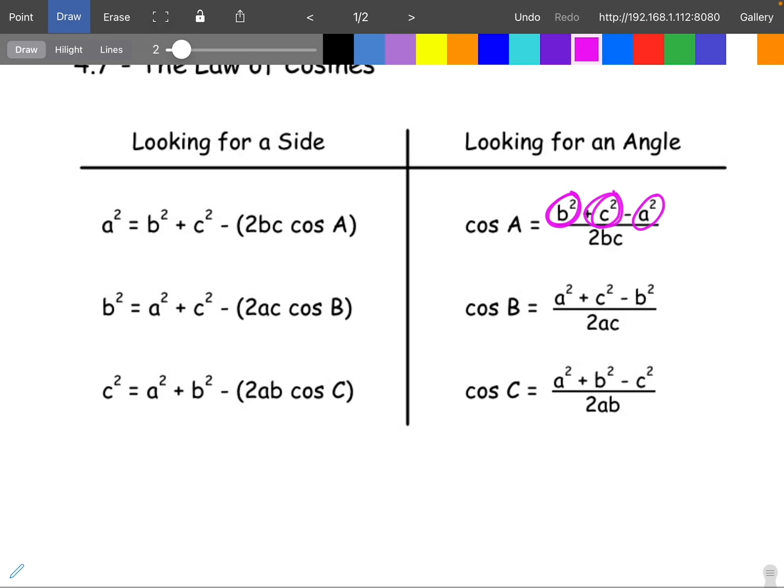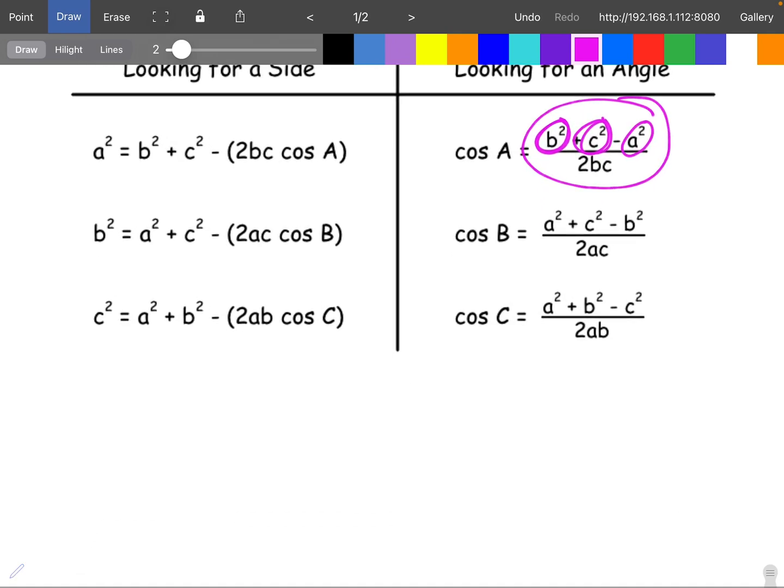Oh, and one other thing. If we are looking for an angle, this formula is going to give me cosine of that angle. So let's say it comes out to cosine A equals 0.5. Then you're going to have to put in your calculator, you're going to do inverse cosine of 0.5. So you're going to hit second cosine, which in the calculator will come up as that. And then in the calculator, you're going to put 0.5,